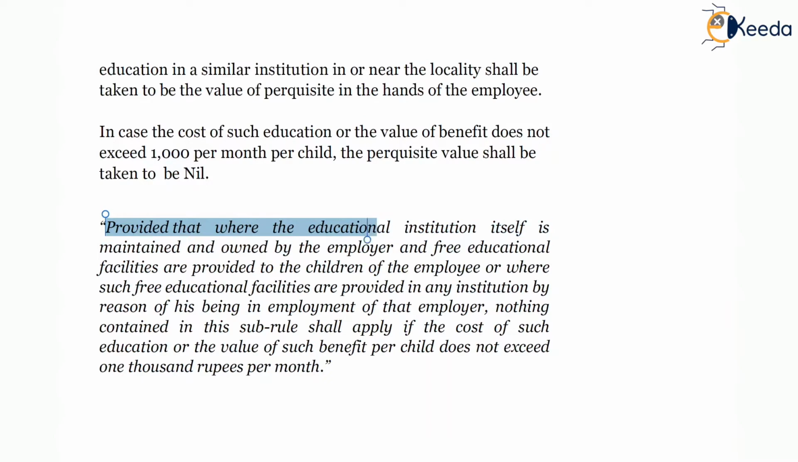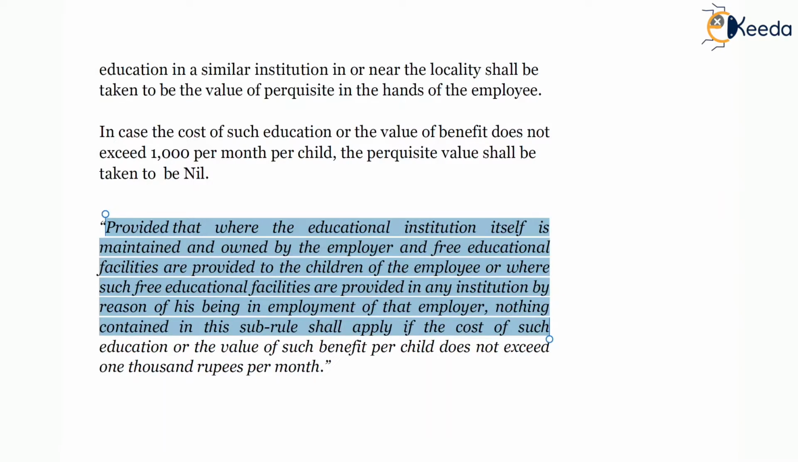Provided that the education institution itself is maintained and owned by the employer and free educational facilities are provided to the children of the employee, or where such free education facilities are provided in any institution by reason of his being in employment of that employer, nothing contained in this subrule shall apply if the cost of such education or value of such benefit per child does not exceed 1000 rupees per month. So this is the extract of Subrule 5 of Rule 3,